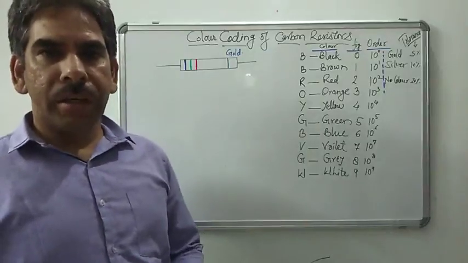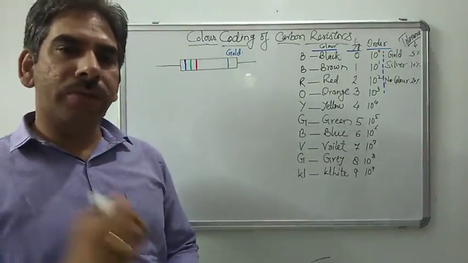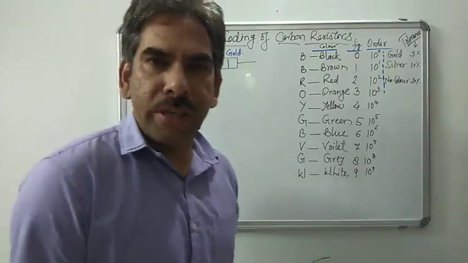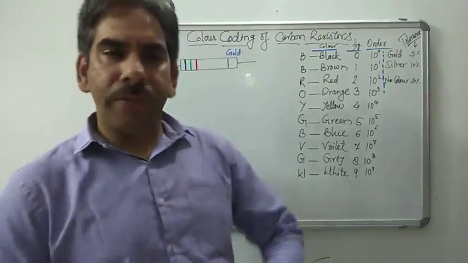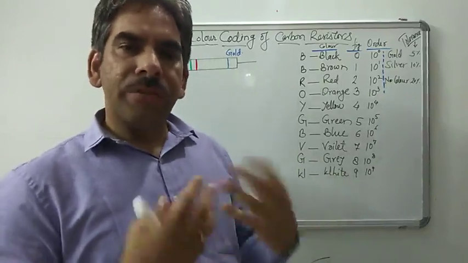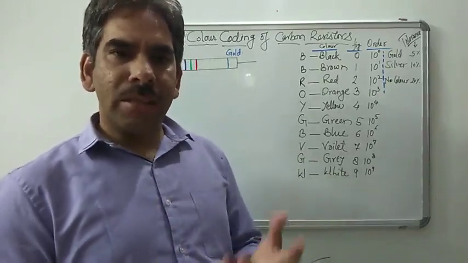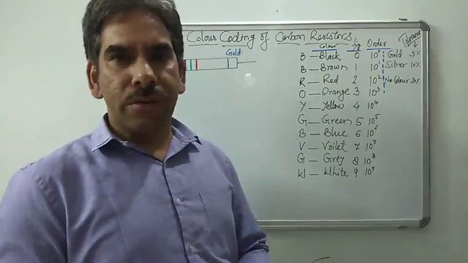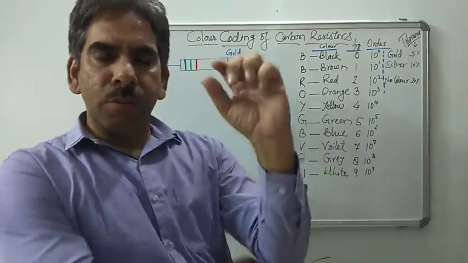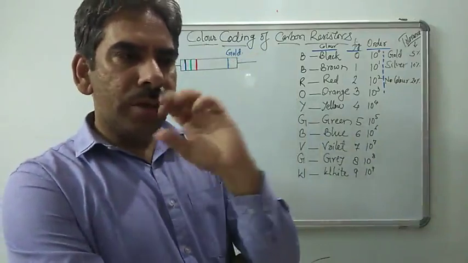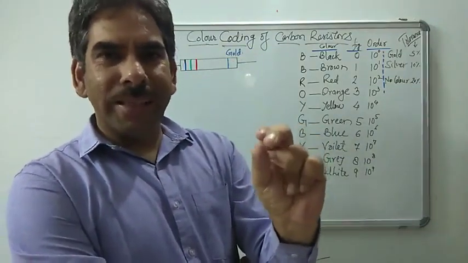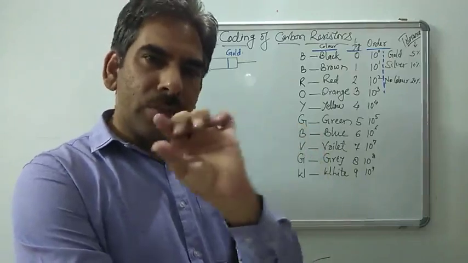Another thing we take today is the color coding of carbon resistors. For the different kinds of electronic circuits or electric circuits, we require different values of resistances. So there are different kinds of resistance which have different values. These components are quite small in size, so in order to know the resistance of any given resistor, there is some coding which is given over